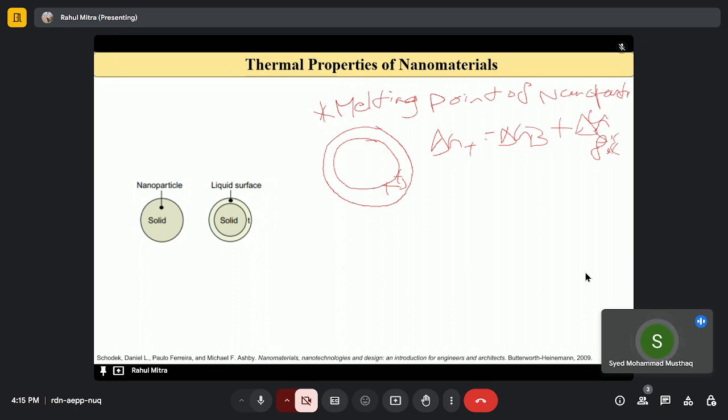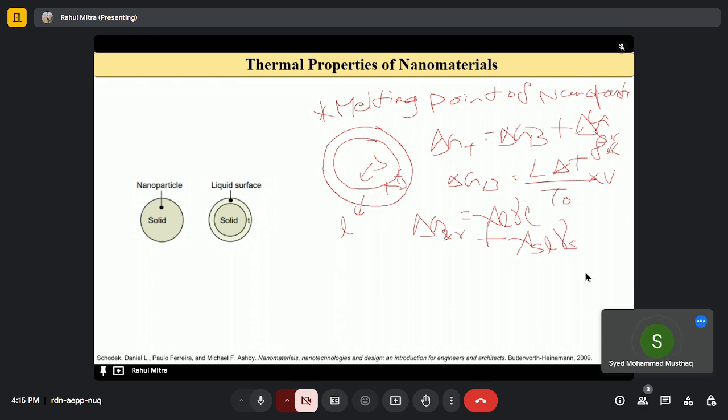And we know delta G bulk is L delta T by T naught into V. We are talking about volume, and the surface term that came into picture is delta G surface, equal to A_L gamma_L plus A_SL gamma_SL. See, A_SL gamma_SL is the interface,